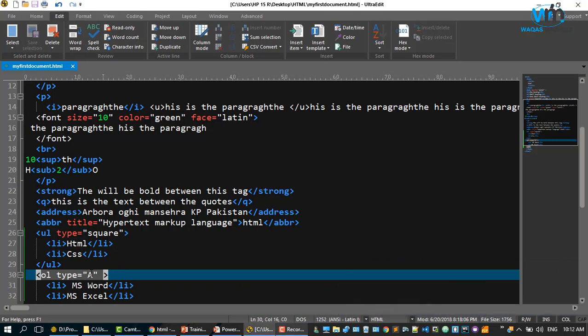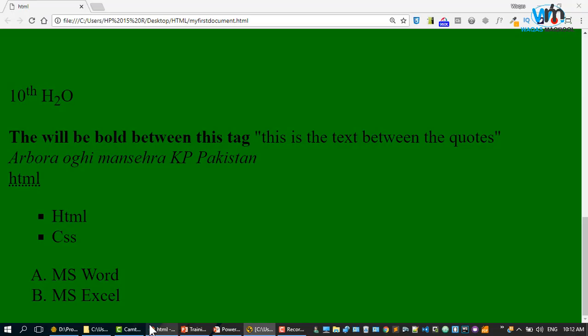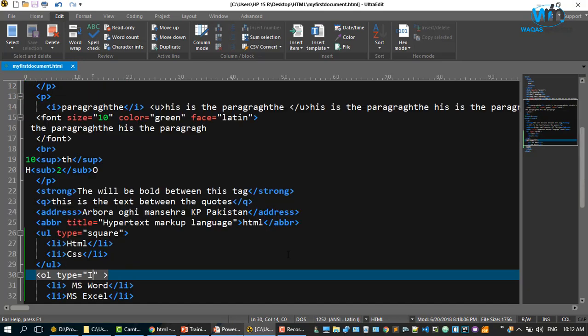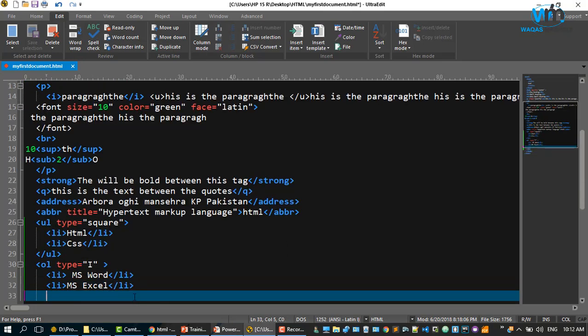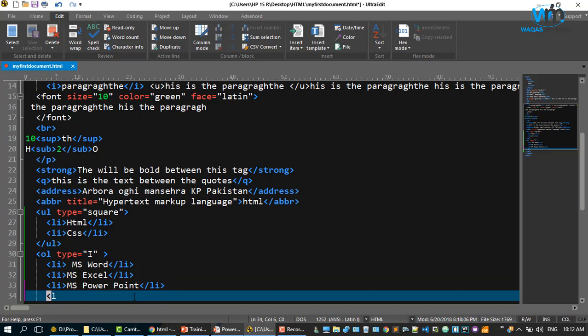After that, I will discuss the Roman numerals. Type I, save your document and reload the page. So you can see I, II, III, IV, V. If you increase your list items, you will see that li close, and add another list item, and here will be the